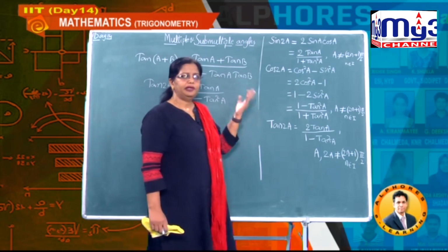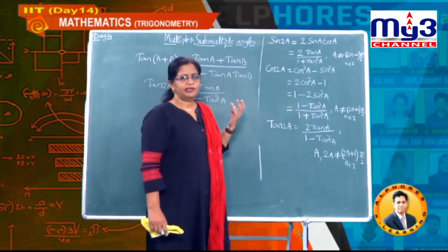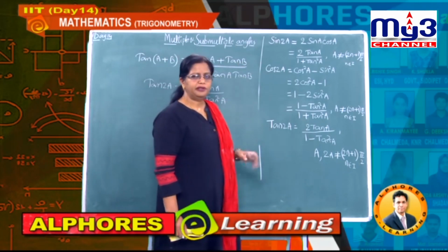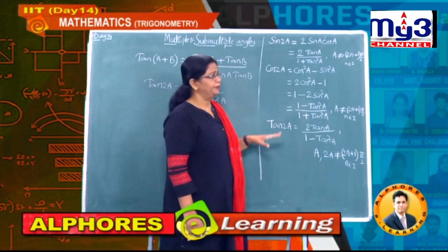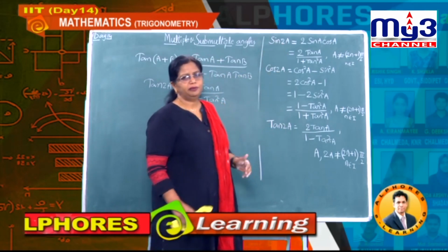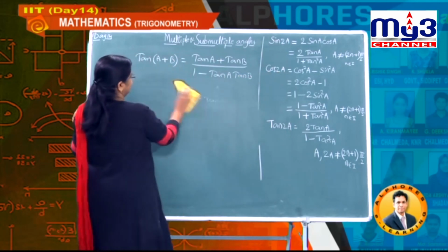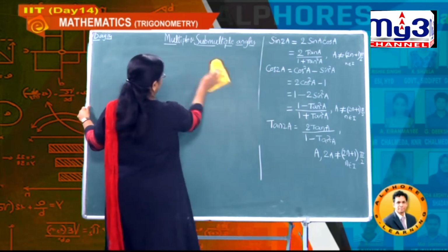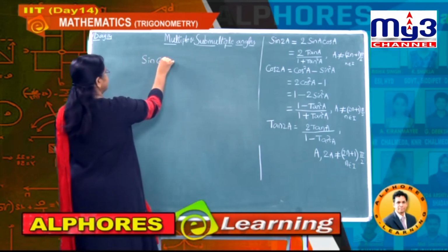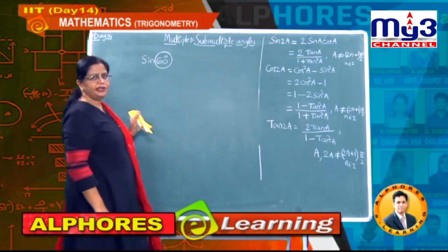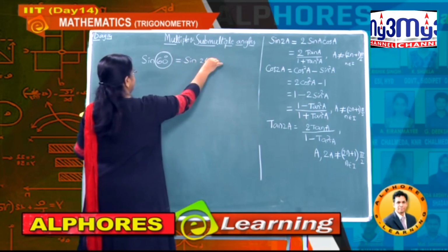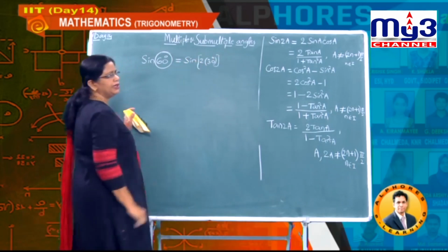Then you may have a doubt: what about cosecant 2A, what about secant 2A and cot 2A? If you take just the reciprocal values, you will get those values also. Now, integral multiples, therefore we said these are multiple angles. Now observe here students, what is the actual meaning here? That means if I write, suppose, sin 60 degrees, understand, this is nothing but 2 into 30 degrees. I have taken a known value first as an example.